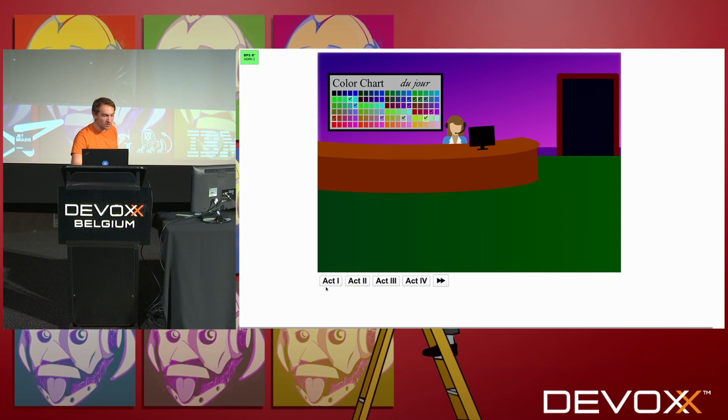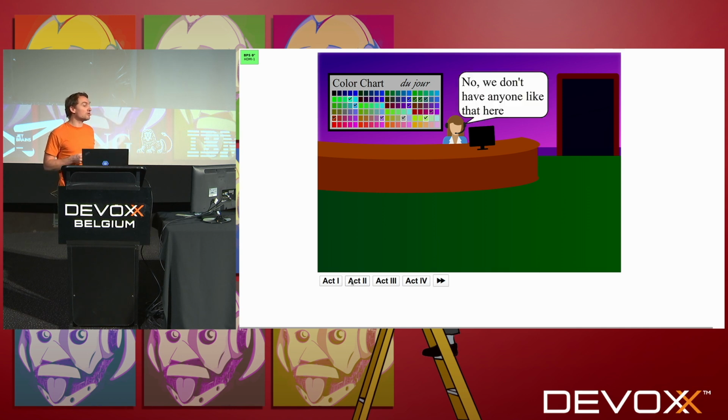Then something happens. The police calls. The police says there was a robbery in the neighborhood, and we have a description of the suspect. The suspect wears this color, this exact color, and this exact color. So over the phone, the police says the exact outfit of the suspect. So the receptionist can check if this person might be in the nightclub or not.